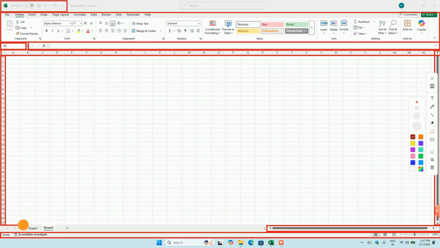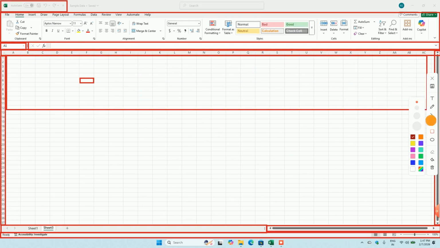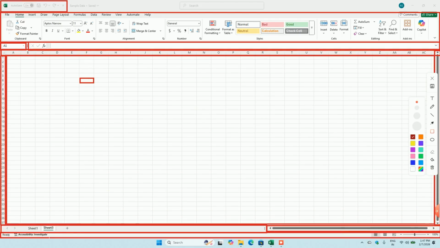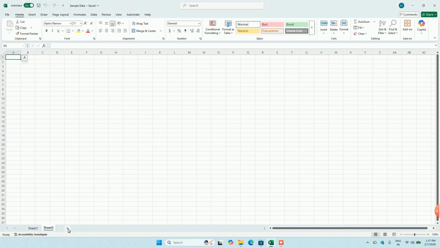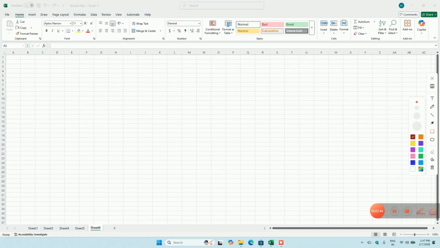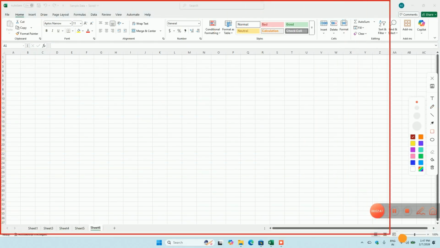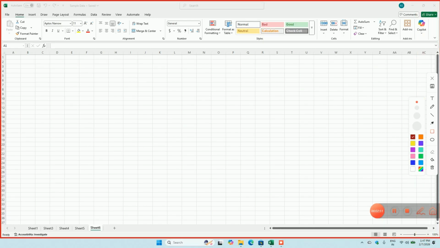This is the area where we keep adding any new worksheet. This particular cell is called a cell in Excel, where we can fill in the value. This entire thing is called a worksheet. If you see the name here, this is Sheet1. If I keep adding sheets, it will add Sheet4, Sheet5, Sheet6, and the same way we can add multiple sheets, and the full view of this is called an Excel workbook.